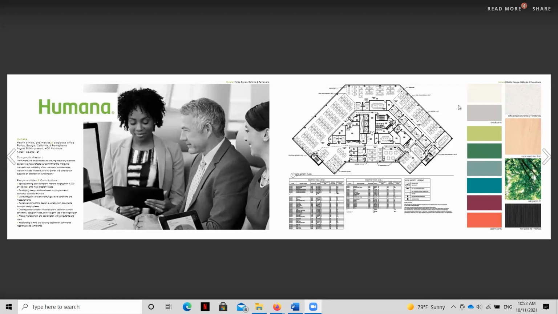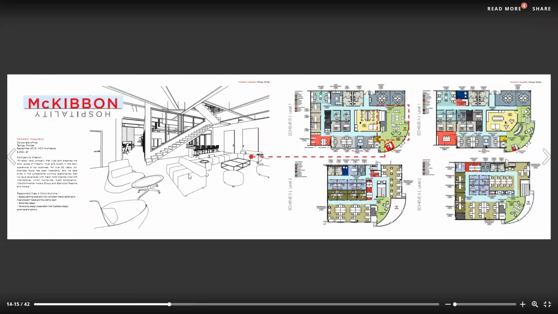And if we go back to the client's name and logo, you can see that that really soft green is coming across from the name over into the selections here. It's very, very subtle, but bringing in this combination of the needs of the client and these very early representations of how the concept will be applied to the interior through the use of these color schemes and materials starts to set the tone for the rest of the design project. Let's go ahead and take another look here. Let's look at another project.